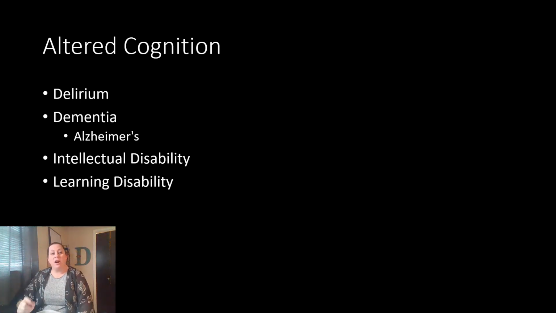The next one on here is intellectual disability. This is limitations of cognitive functioning and below average intelligence. When we look at this, these individuals have a hard time with conceptual skills, social skills, and activities of even daily living. Again, though, it can be on a spectrum from mild all the way to profound. So we have mild, moderate, severe, and profound.